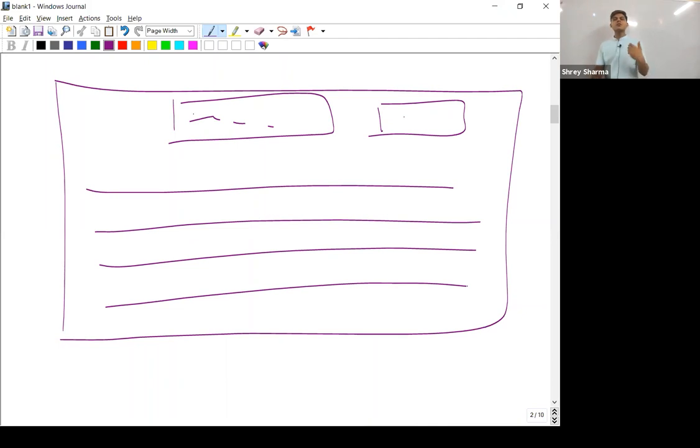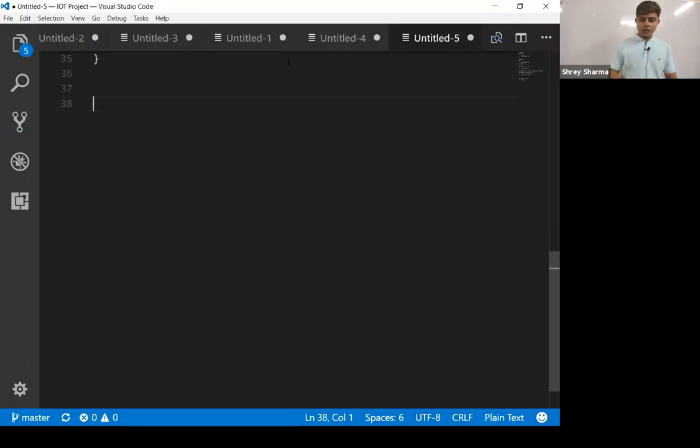The name that the user is providing is what we have to compare with the field's value. If I provide Shrey, then I cannot just write the query like this.